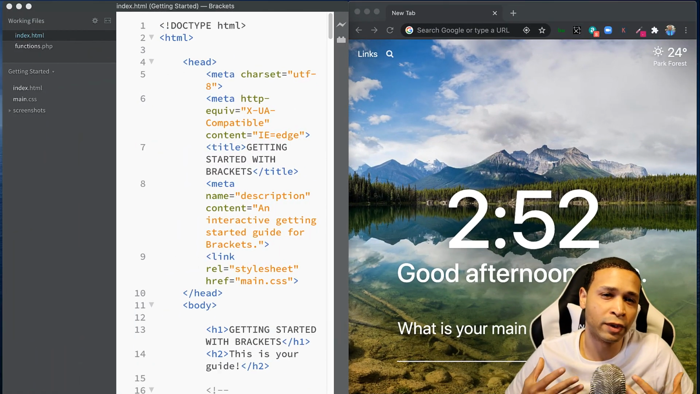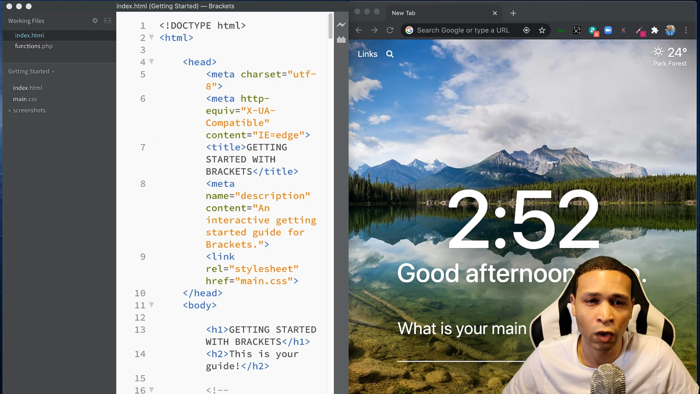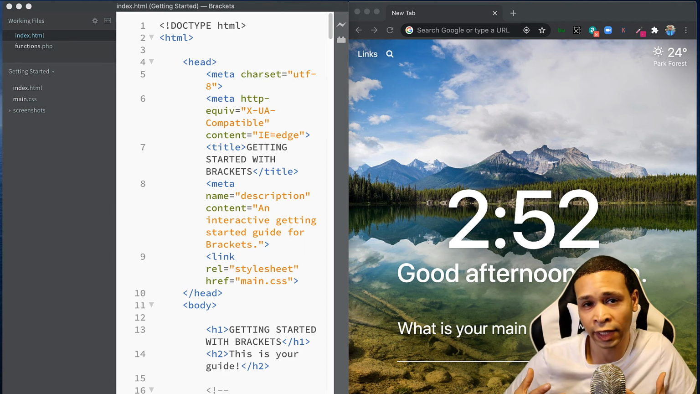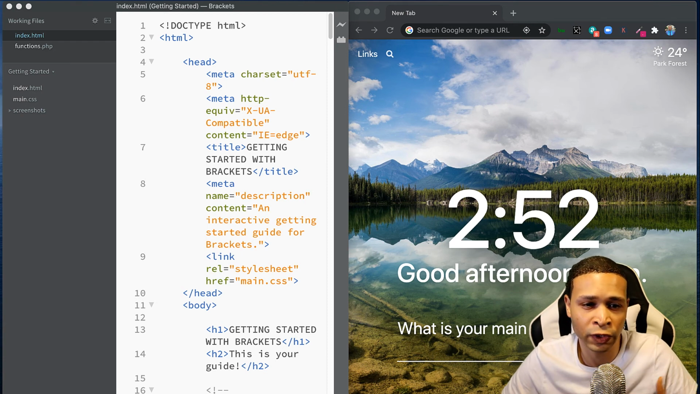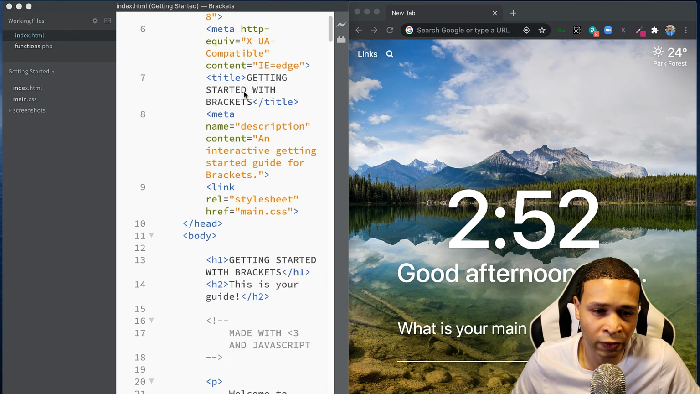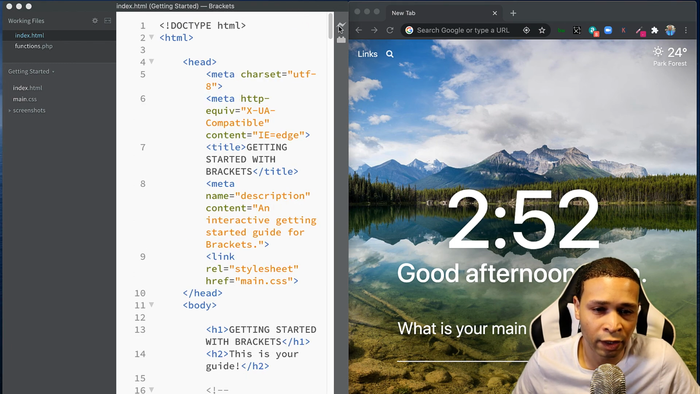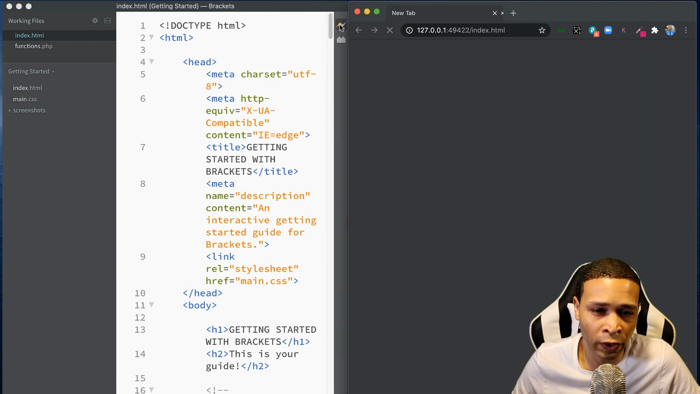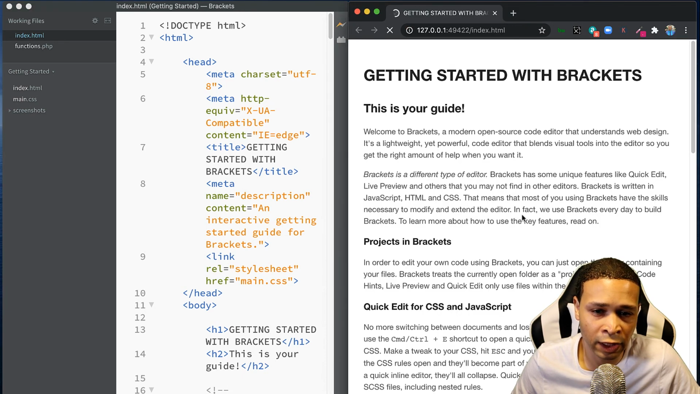So if you're able to download Brackets or some other text editor like Visual Studio Code or Atom that you like to use, you may have come to a getting started screen like this. This is Brackets' getting started screen. And you'll see here this is their little code, and if I hit this lightning bolt on here, you'll see it displays in the browser here. So we want to actually make our own